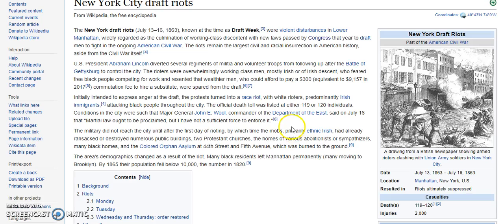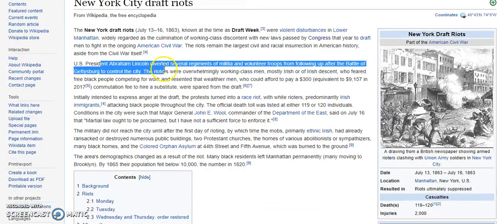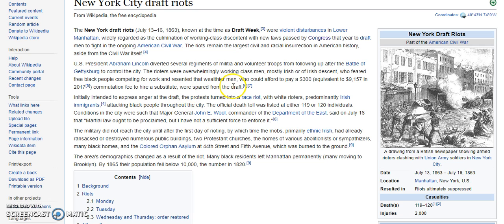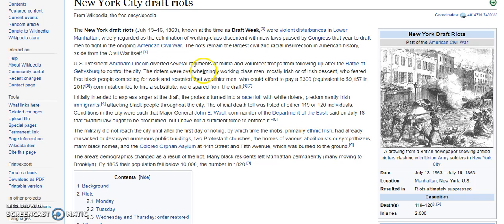And there's a lot of people who aren't that excited to fight for Lincoln, and the draft comes around, and you could pay your way out of the draft if you had the money, but no one had the money to do it. So all these people are going off, and lots and lots of people are dying. The death toll is high, and so people start taking it out on the African Americans in the city, and we have this humongous riot. 200 people die. I think it lasts like 2 or 3 days.